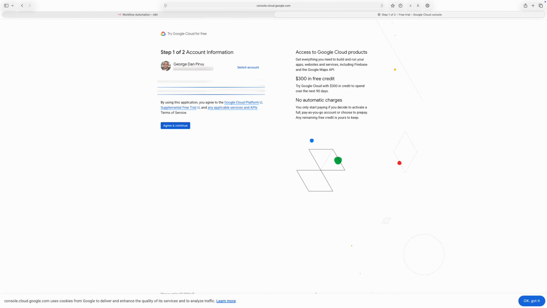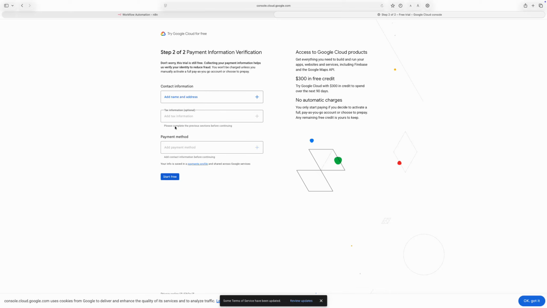Tap Agree and Continue and wait a few seconds. Google will display a payment information verification page. Yes, you will need to add a payment method to continue. However, Google will give you a very generous $300 in free credit that you can spend over the next 90 days, and you can cancel the trial at any time. The good news is that 99% of small businesses will pay Google less than $1 per month while running their